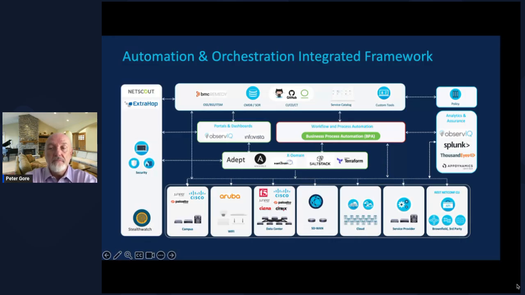So how do we get started, right? We'll actually cover this in a lot more depth in the next couple of slides. But generally, the way I would start around a strategic environment with a customer is to start drawing out this framework, right? So how do I take all of my automation platforms, all of my element managers, which you see at the bottom there, right? Cisco, Aruba, F5, etc. How do I take all of those and integrate that into my environment? How do I bring those up into my cross-domain environment and automation platforms that can go and talk to these different element managers and orchestrate them into a consistent workflow?